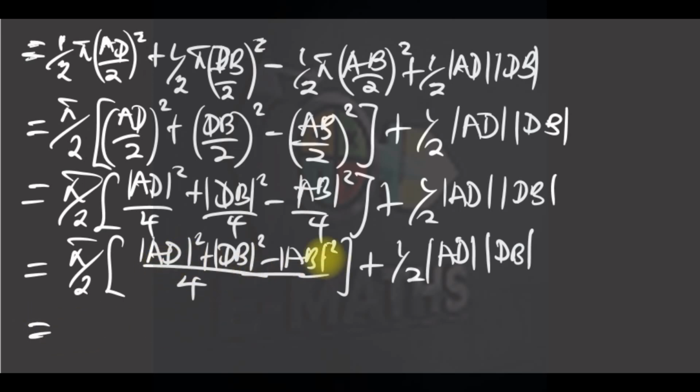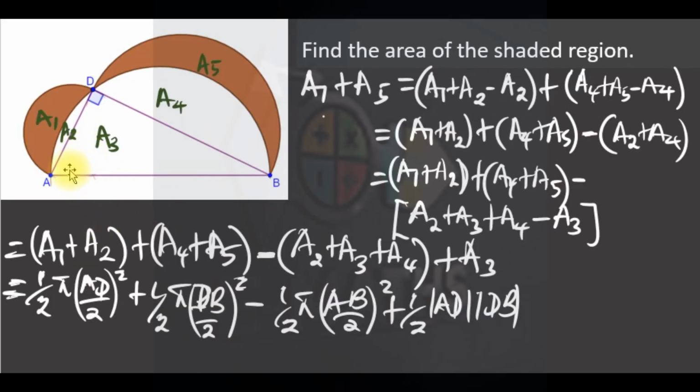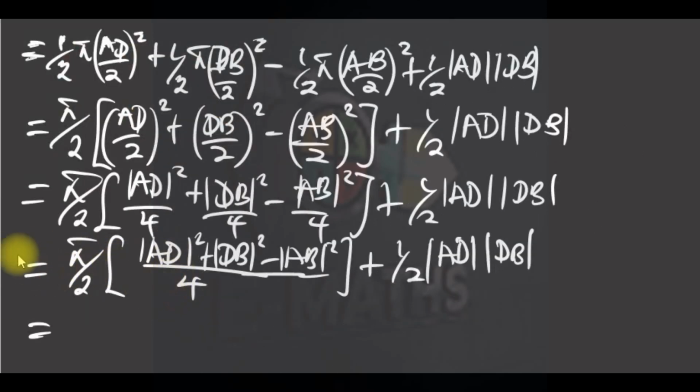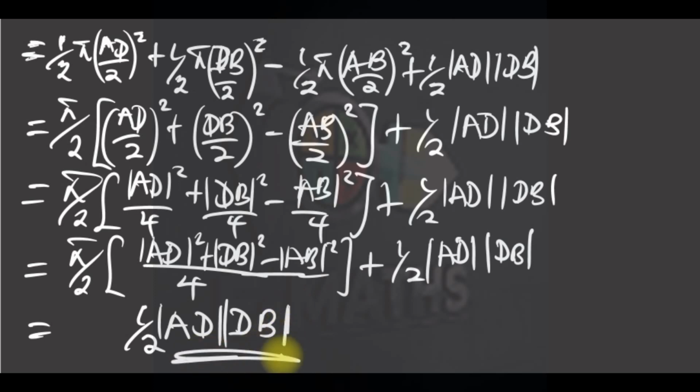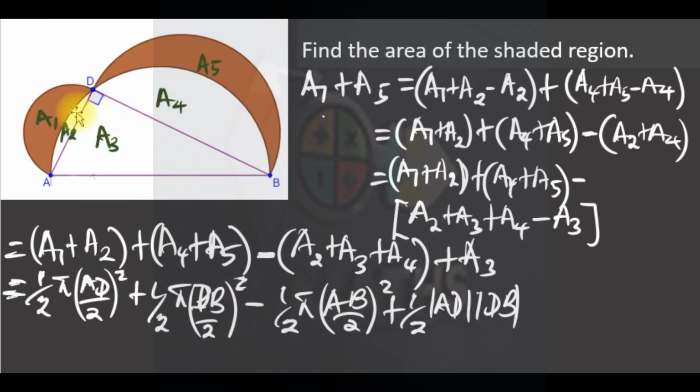So what do you notice? This is 0 because from the Pythagorean theorem, AD squared plus DB squared is equal to AB squared. So AB squared minus AB squared is 0. 0 times pi over 2 is 0. So we are left with half AD times DB. So that's how we got the formula that, and